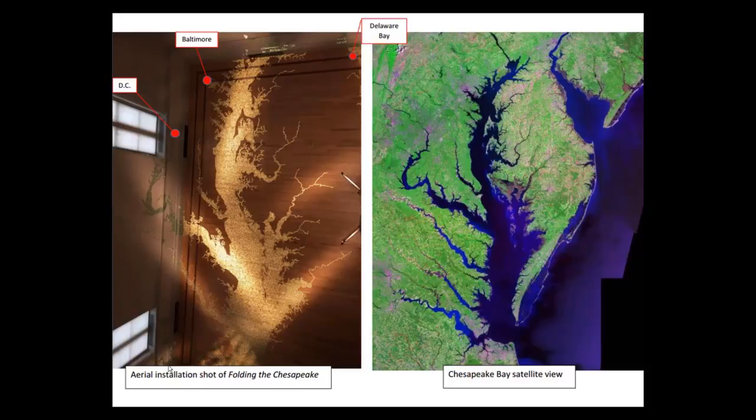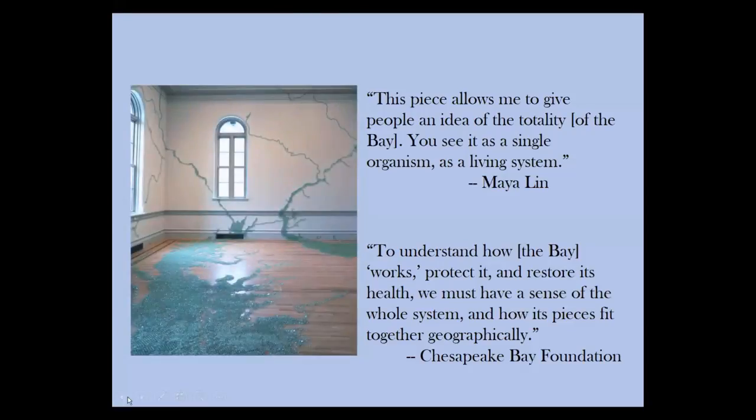So many of the communities in this region are dependent on the resources that the Chesapeake provides. But, you know, we don't often look at it as a whole in this way. And what Maya is trying to do with this installation, you can see on the left there, you can sort of see where DC and Baltimore would lie. So the Chesapeake is so much larger than the part that we often see. You know, if you live in a city, you're familiar with your little piece of the waterway, but we don't often think about how large it truly is.